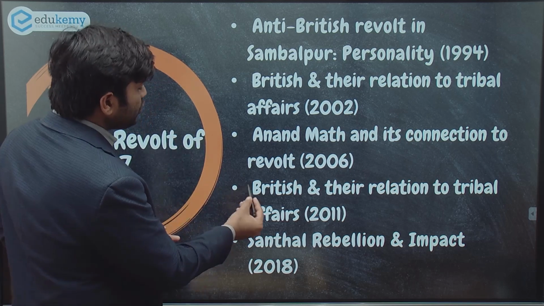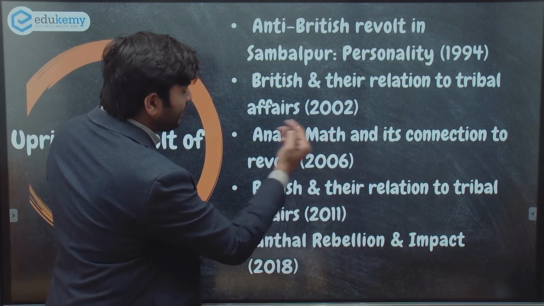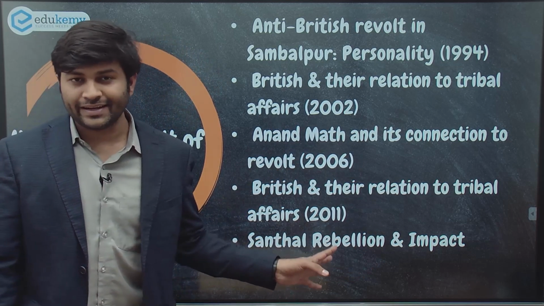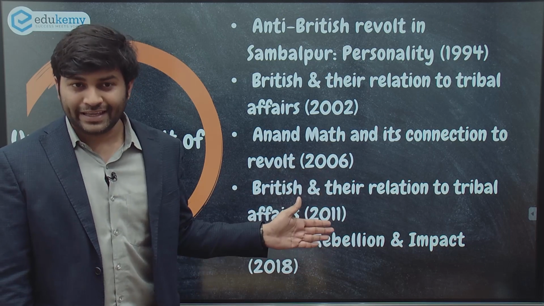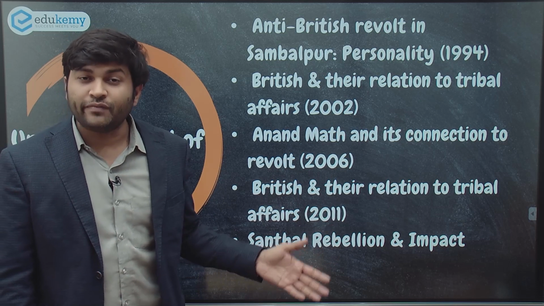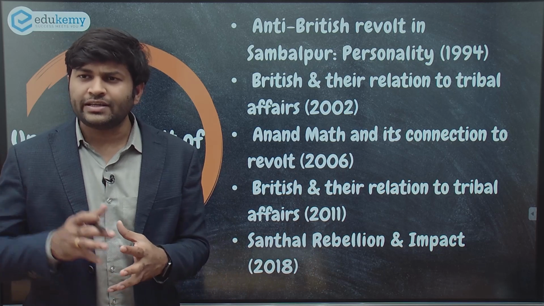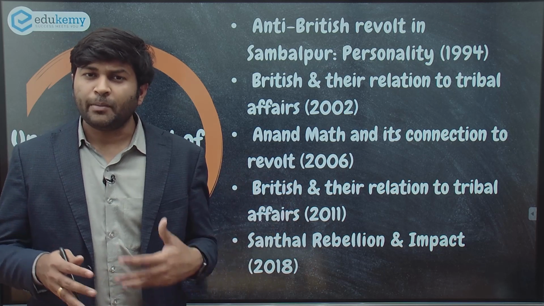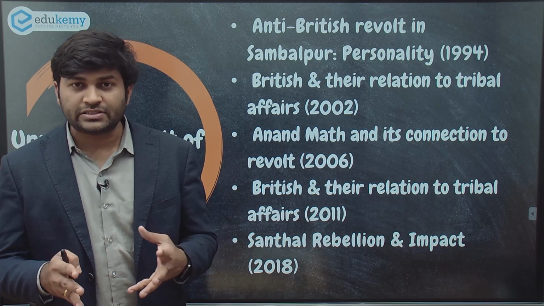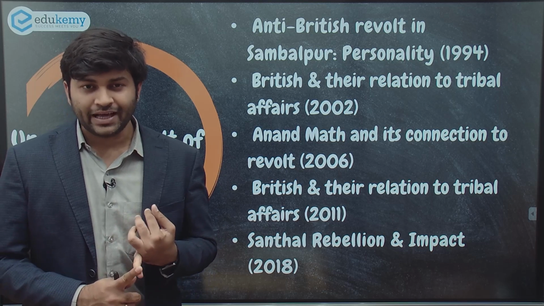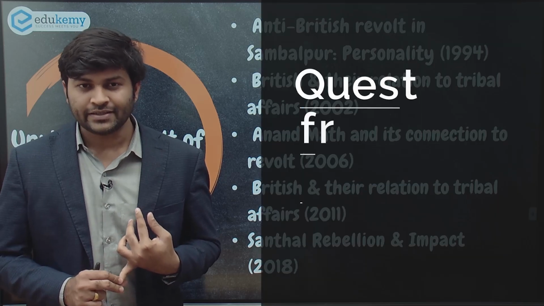Again, you see certain questions, the British and their relation to tribal affairs. Again, the Santhal rebellion and the impact of the Santhal rebellion. So after this Santhal rebellion, how the policies of the British changed is something asked in the examination. So the impact of this revolt on the policies of the British has been asked. You also need to consider the opposition over here. In many of the questions, it appears that who the opposition was and what changes were brought to the process after the revolt are asked. It may be the Zamindar, it may be the money lender, as in the case of the Indigo revolt and the Deccan region.